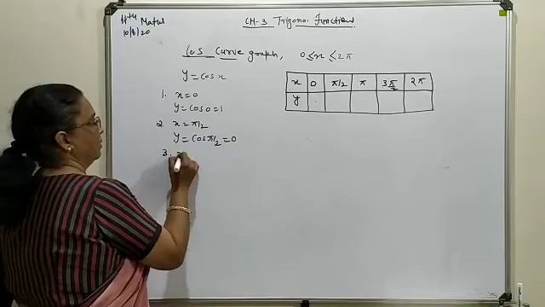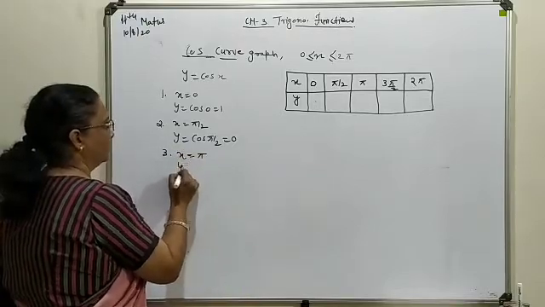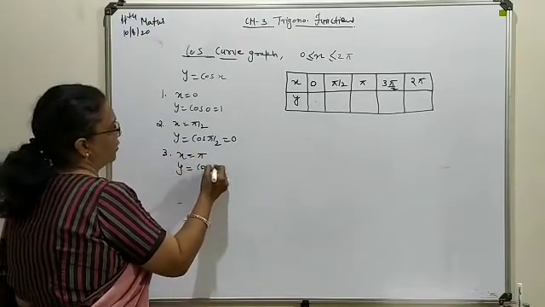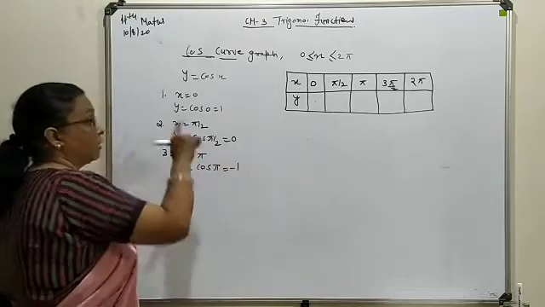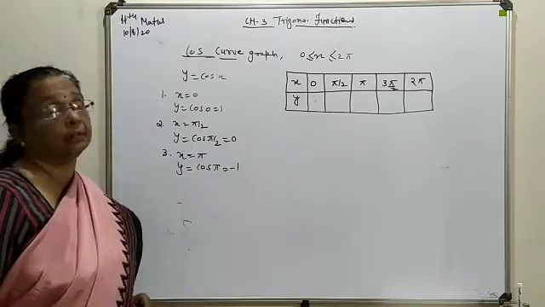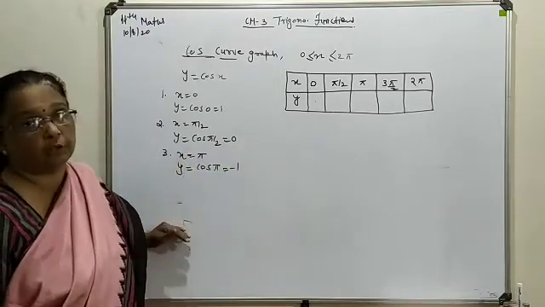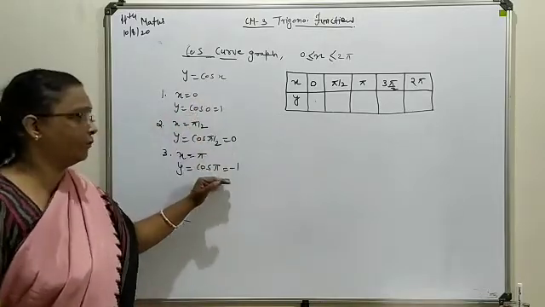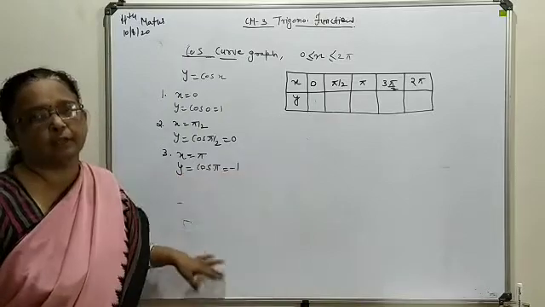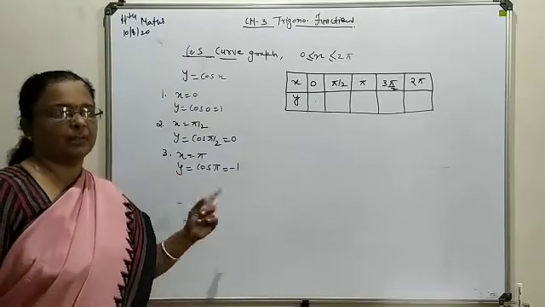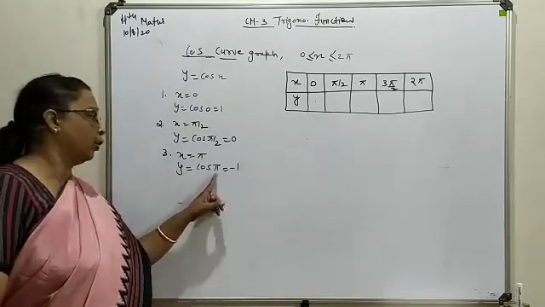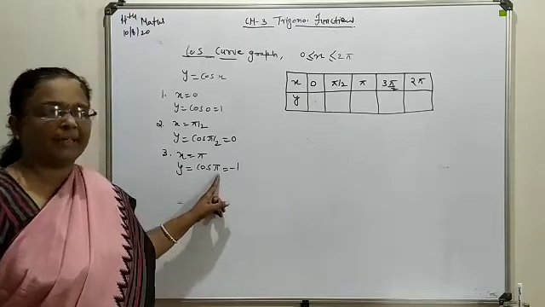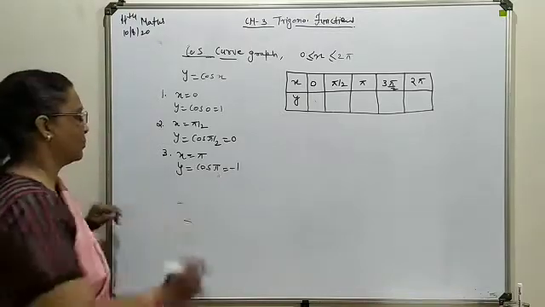Third one, x as pi, cos of pi. I told you, you will maintain an alternate plus minus sign when you are having a multiple of pi. Let's start with 0. 0 will give you 1, pi will give you -1, 2 pi will give you again +1. So you will have alternate plus minus signs on adding pi in the form of cos.